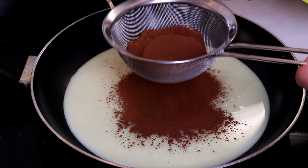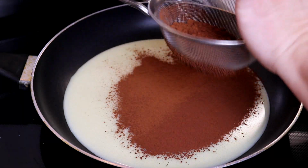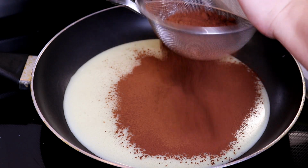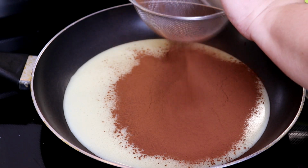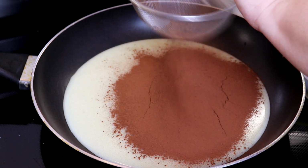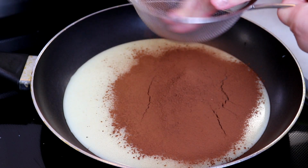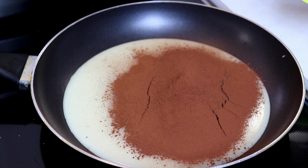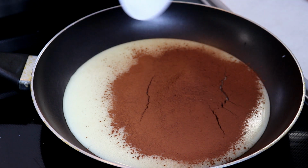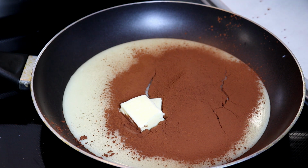Okay, so you most definitely want to add in your ingredients before you turn on your stove. So just make sure that all your ingredients are ready and prepared in your pan before you turn on your stovetop. And lastly, our butter. Okay, so we'll turn on our stove now,